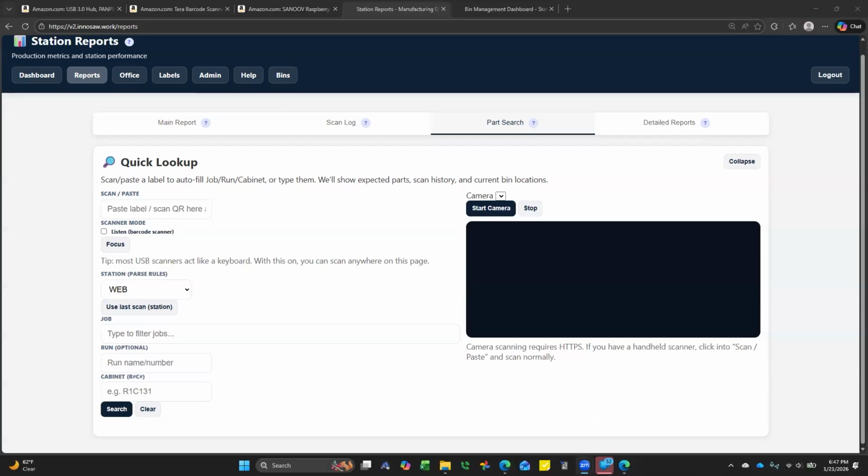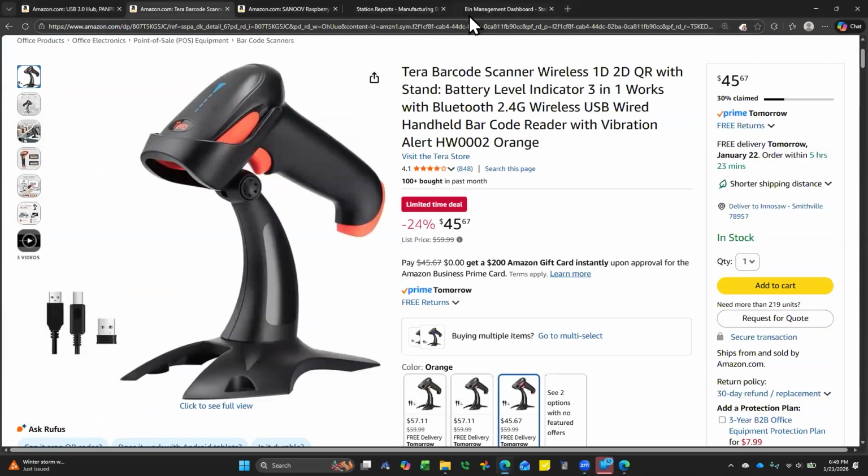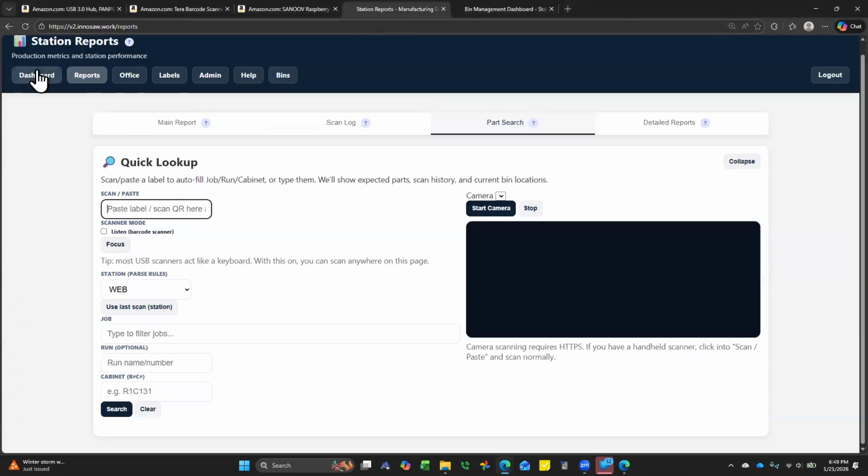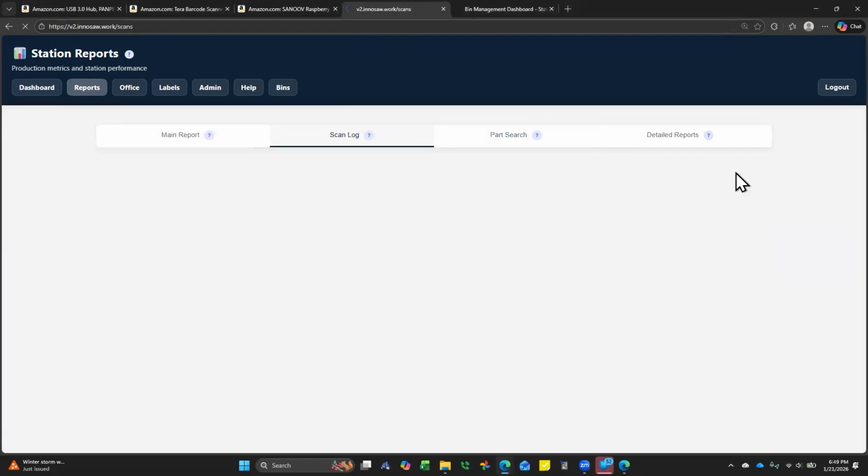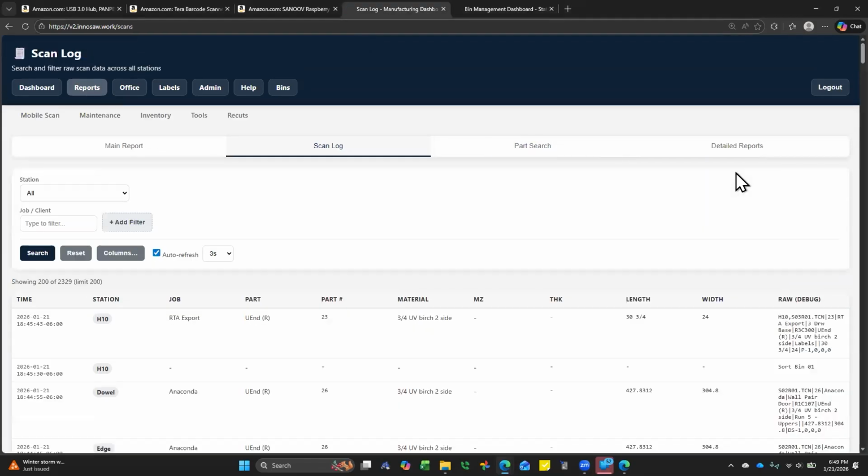If I went out in the shop, give me one second. I'll walk out there and grab three scanners, and I'll just show you a quick process. I'll just go beep, beep, beep, beep, you know? Sorry about that. So if we take a scan log now, can y'all still hear me? Yes. Okay. So now if it's passing through,